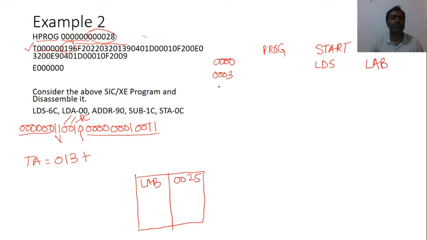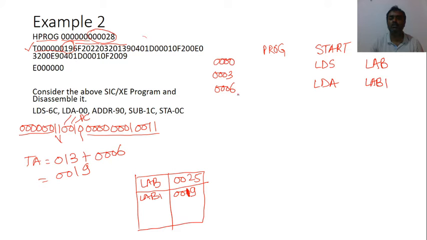If this instruction is in format 3, the next address will be 0006. If I add 0006 here, what am I getting? 0019. So the next label is at 0019. I am just taking the name of that label as lab1 at address 0019. And what will be the instruction here? If I append 20 here, I will get 00, and that is what? LDA. So the instruction is LDA, and the label is lab1.